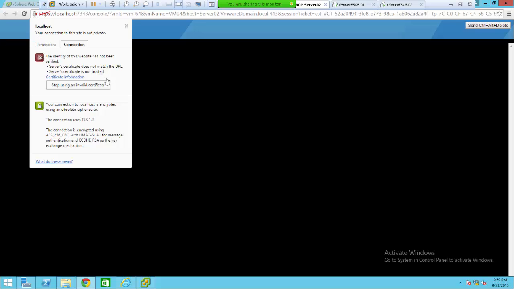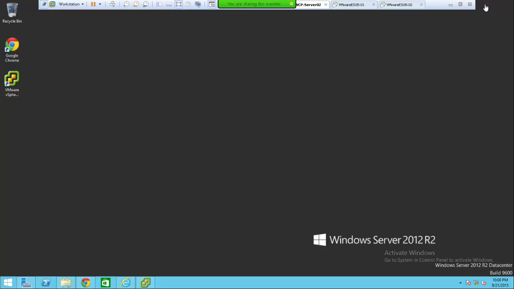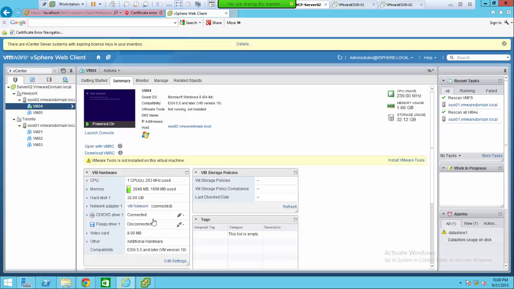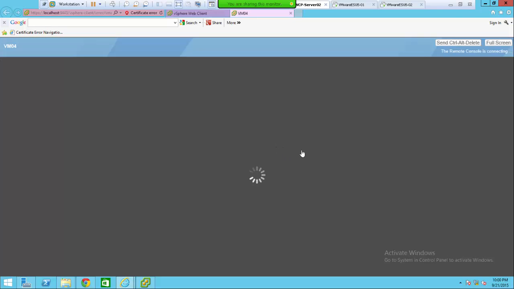The website has an invalid certificate. Yeah, there's no pop-up blocker going on. So there's no site settings. Seems okay. But it's the same result. Keeps going. VMware Tools is not installed. Yeah, it should be installed. And if I just click Launch Console,